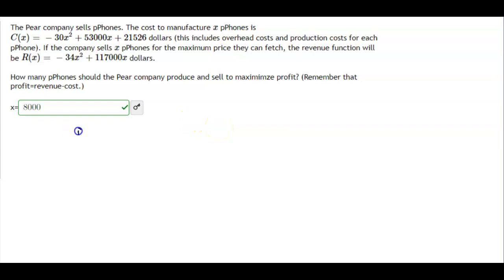So what we want to do first is find out what the profit is. And that's going to equal taking the revenue minus the cost. So let's go ahead and do that. We know that the revenue represents R of X, and R of X is going to be negative 34X squared plus 117,000X. And then we're going to subtract the cost function, which is negative 30X